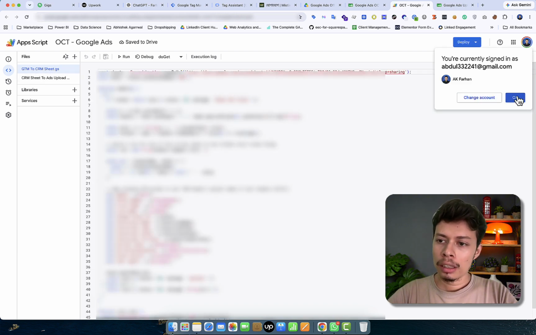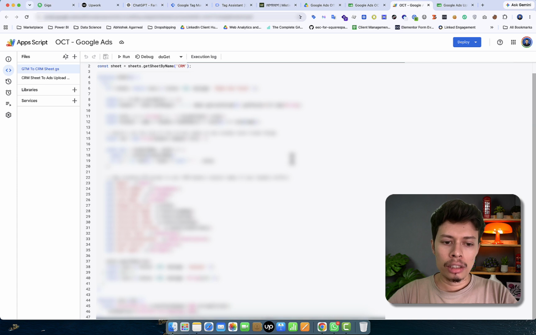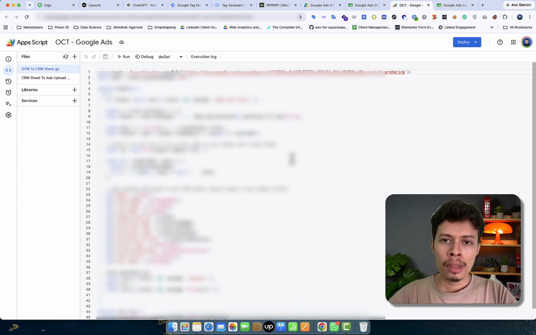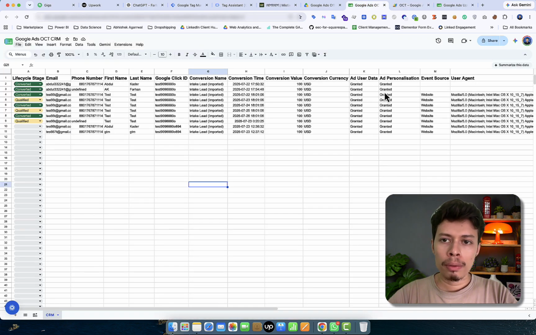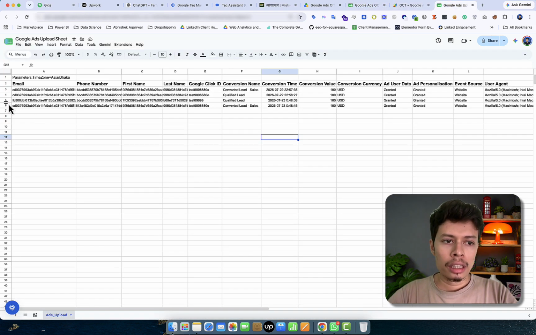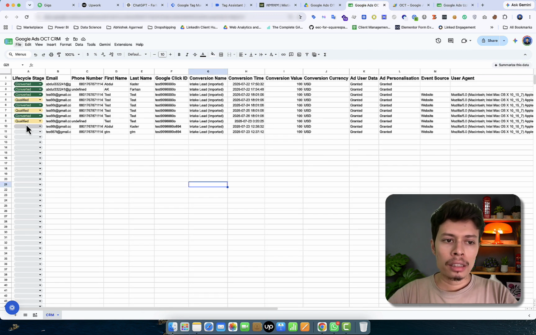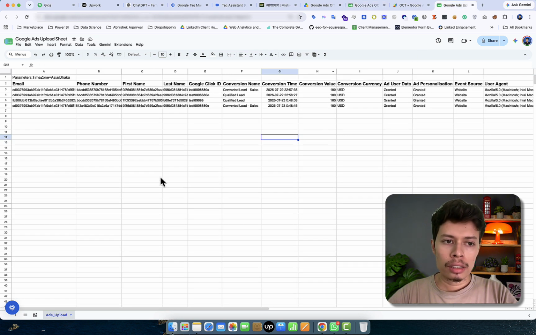And by this code, I add the user information and append the row to Google Sheet. Okay, and now if I make this lead as qualified, as you can see, there is a sixth row. Now if I mark this lead as qualified, then as you will see, there is a seventh lead, and the email and